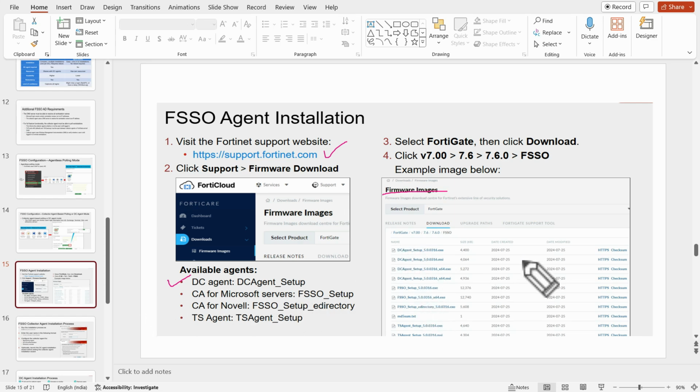We can see that we have two options, ESXi and MSI, so we can download ESXi or MSI as required. And there are the CA certificate for Microsoft servers FSSO, the CA for Novell FSSO setup eDirectory, and the terminal server TS agent setup. So all the software is available on support.fortinet.com.